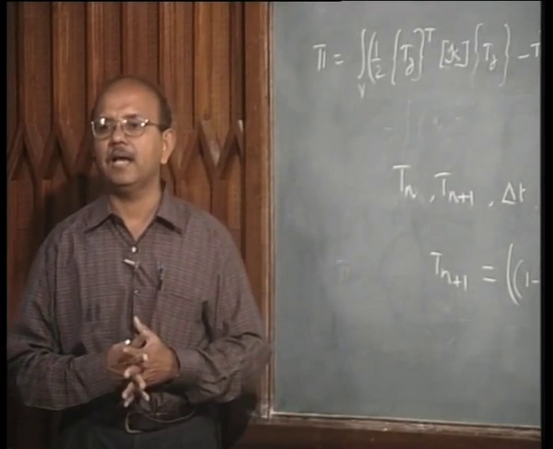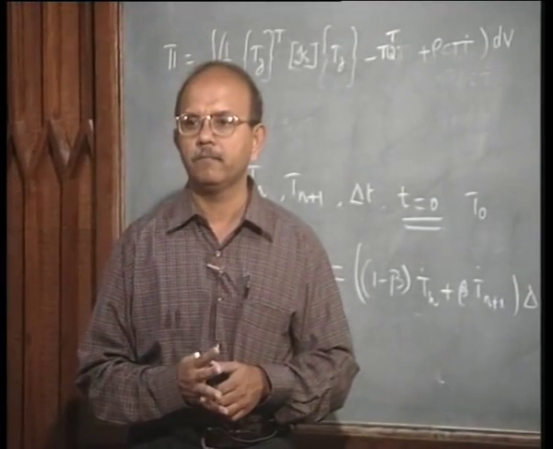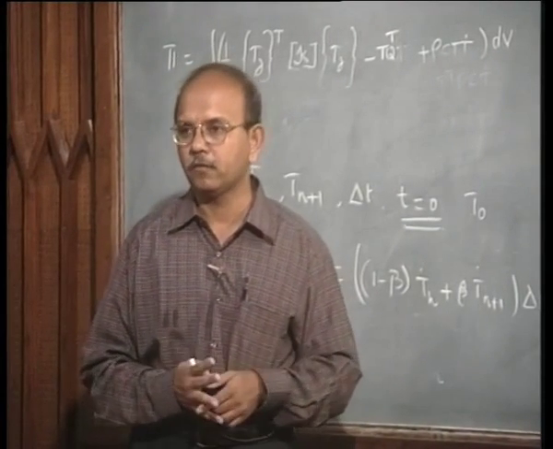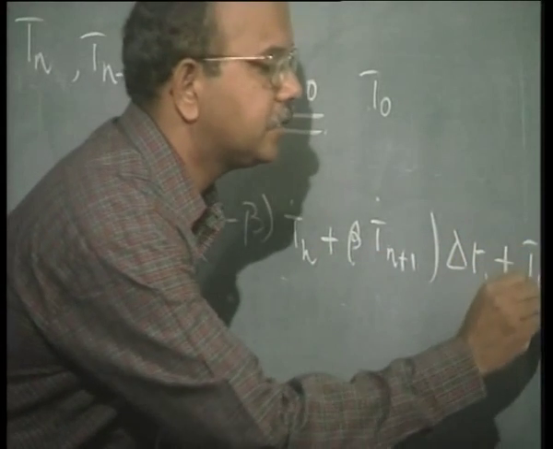On the other hand, I can use beta is equal to half. Just check what happens when beta is equal to half. I think I made one small error, so I have to add this T n anyway, sorry.